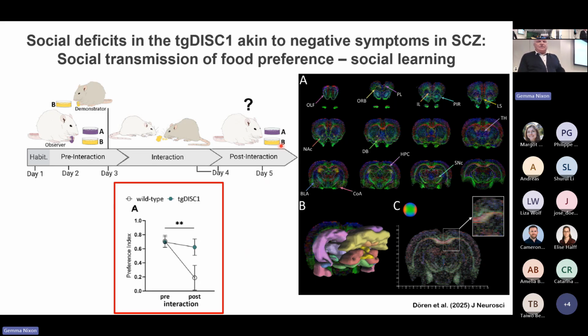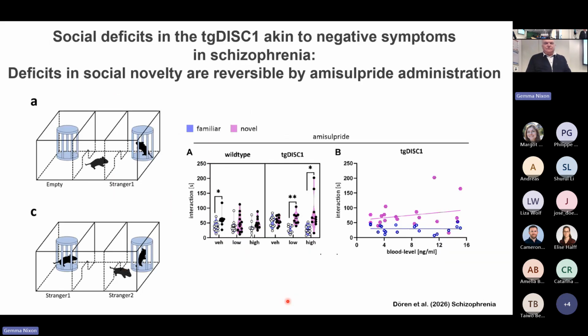that has not impaired the other animal. And what you see is that the wild type rat would change its preference for that food to a significant degree, but the transgenic DISC rat doesn't. It means that there is some communication deficit in the transgenic DISC rat, and this was compatible with the regions where we saw these connectivity differences in the rat that have been described to code for these social functions. In another paper published this year, we did a related test, called social novelty, where one measures